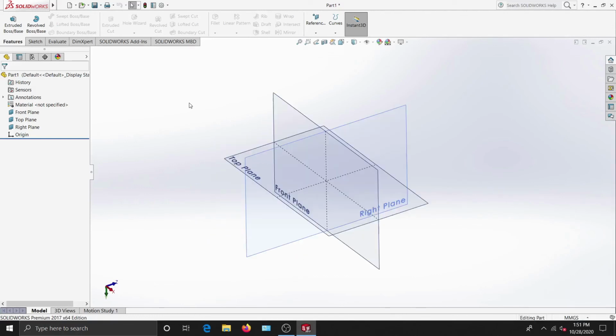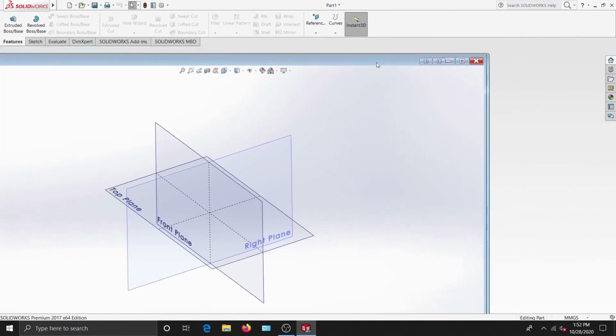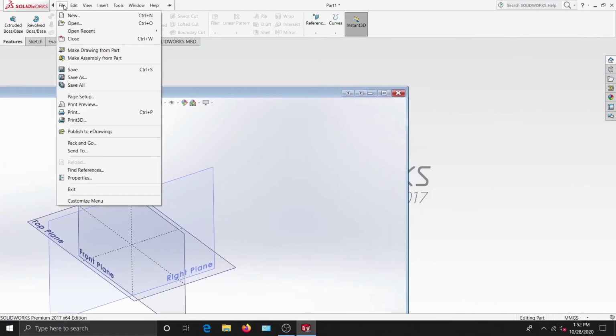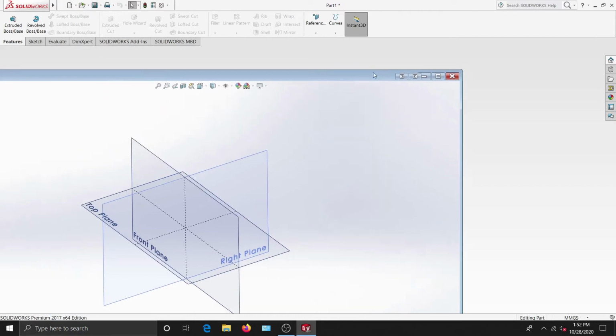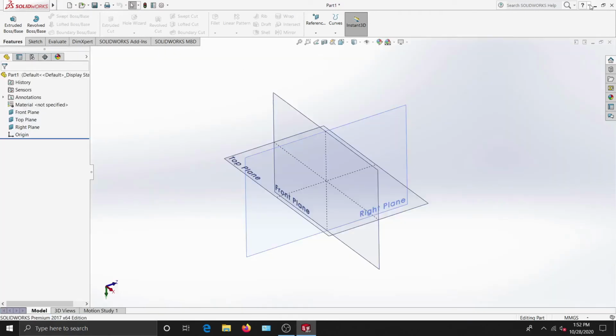Okay, so as you can see, there are some icons on the top of the title bar. This one is for saving your current state. You can save as and save all. Okay, so with the save all feature, you can open multiple windows in the SolidWorks. As you can see, I can now click here and create a new project file, and I can just put it over here. So inside the SolidWorks you can open multiple windows, and to save them all at once you can use the save all option. Okay, and also there is a print option over here.